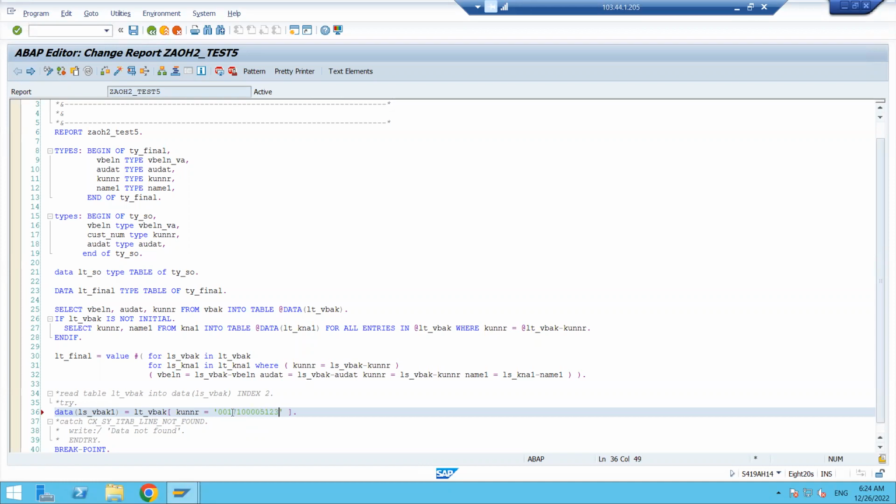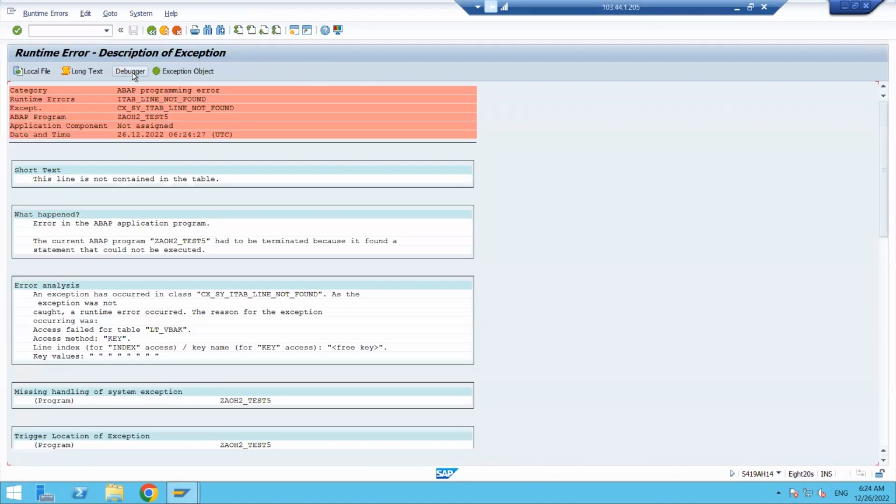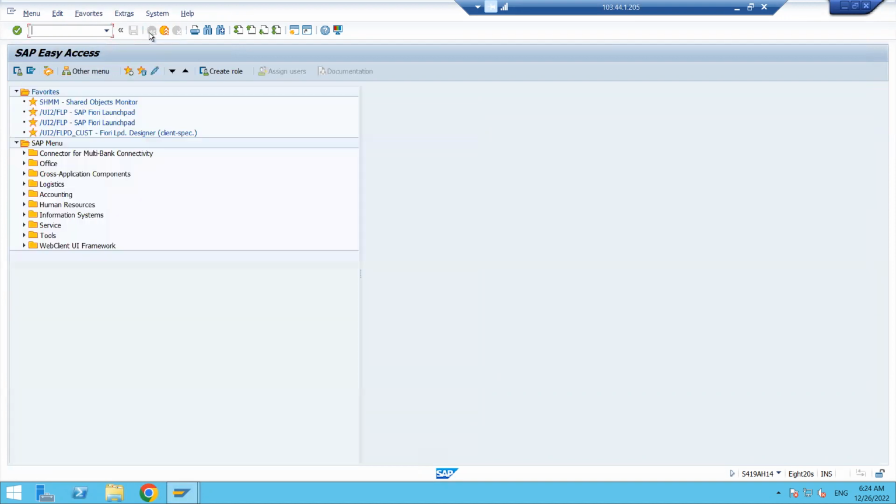I'm passing an invalid customer number. Let me check it here. Syntactically, this is correct. Click on activate and click on execute here. Now it is giving CX_SY_ITAB_LINE_NOT_FOUND. It is going to dump here. So one more time we have to